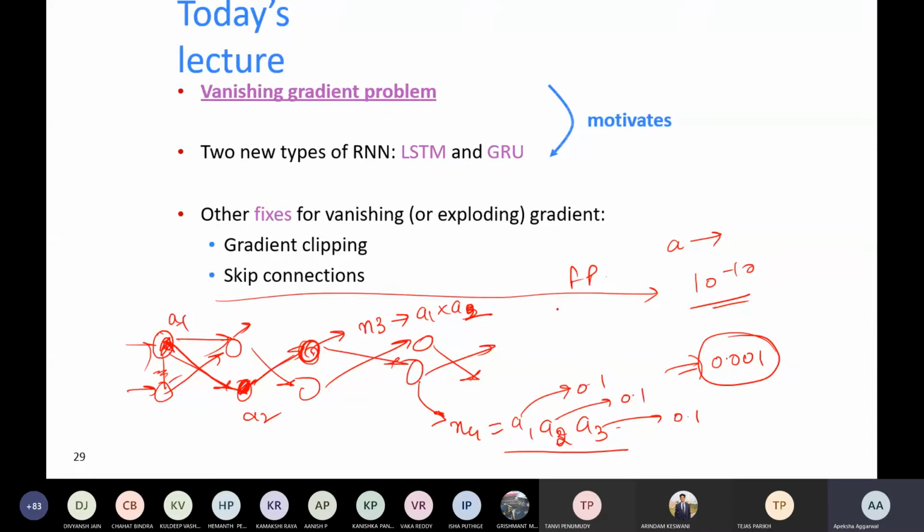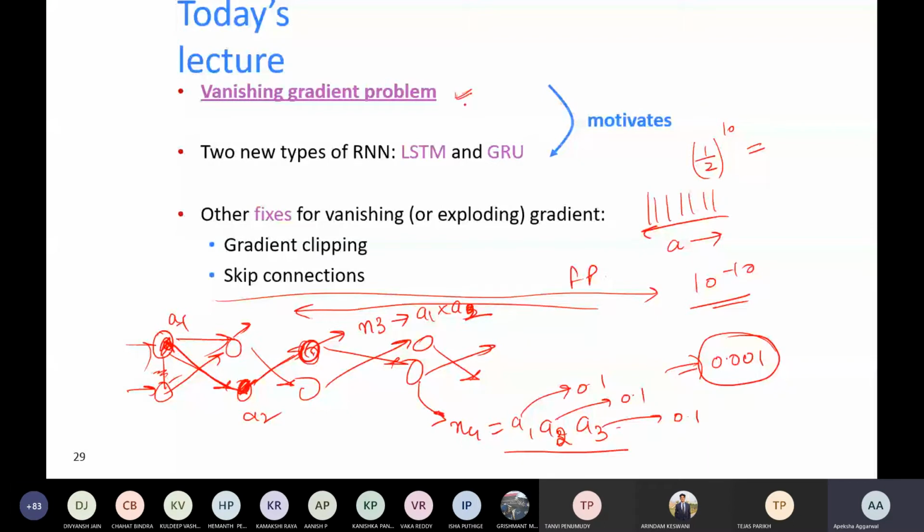Similarly, a similar thing happens when we are back propagating. We are propagating like this. We are multiplying the gradients, and the gradient has some fractional value. If it was 1 by 2, and you multiply it 10 times, it is a very small value. 10 layers is not even that deep a network, and in that also you have 1 by 2 to the power 10, which is a very small value. So this is called gradient vanishing. The gradient is reduced to a very small value. This is called the vanishing gradient problem.